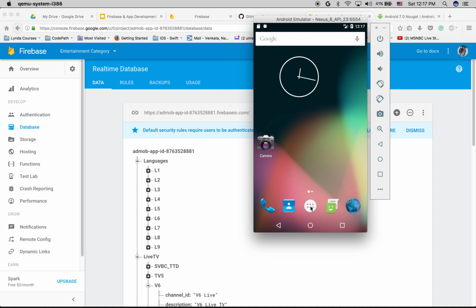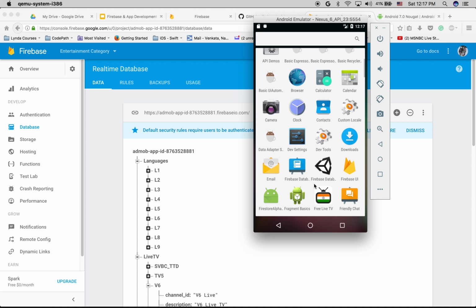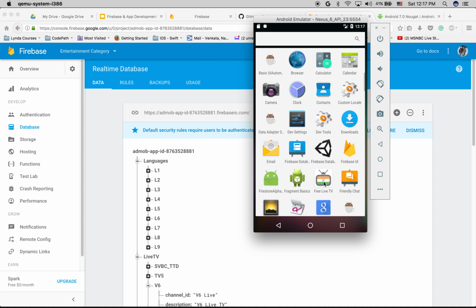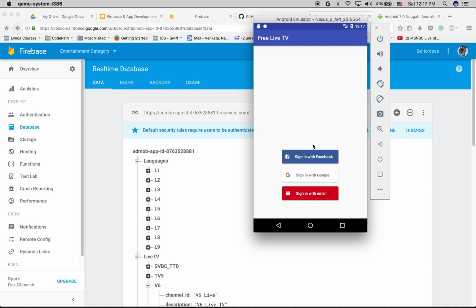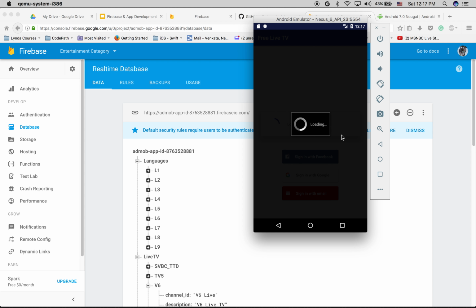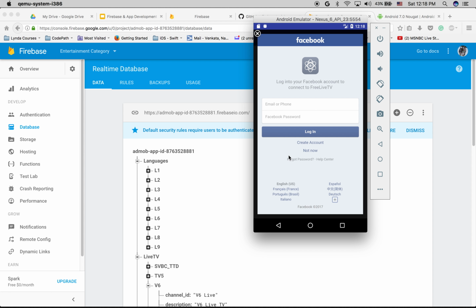Okay, so this is my live TV application, and now I picked only... I said I want to provide Facebook, Google, and email and password authentications. So I selected Facebook. So this is entirely Firebase taking care of connecting to Facebook, bringing up the UI and showing it here.